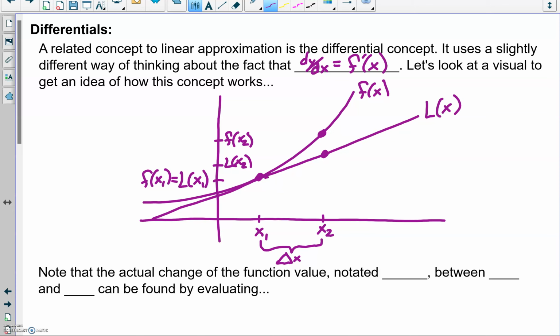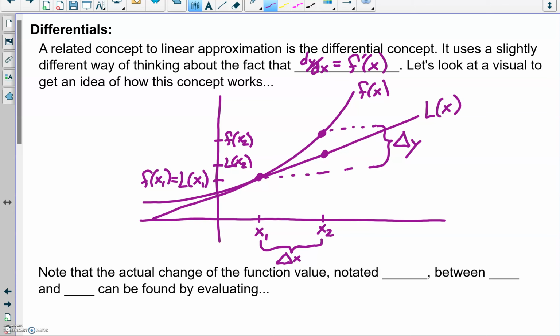And then if I look here, you're going to want to draw this over a little further, kind of like what I'm doing, because I'm going to put something else inside of there. But looking at the true change in y between the original point and the second point, we get this delta y. Okay, so that's all based on what we're looking at with the true f of x, the true change in y. Now, for the linearization, which is based on derivatives, which is based on that f prime of x giving me the